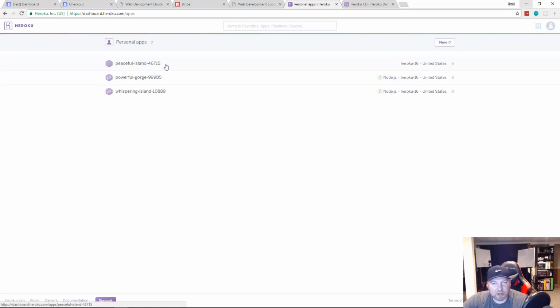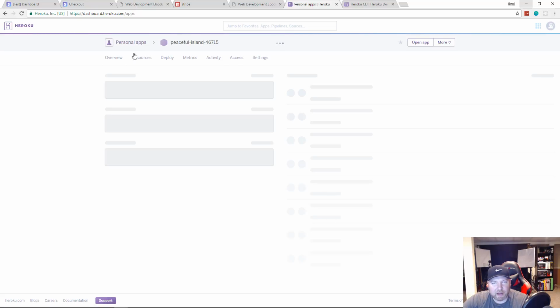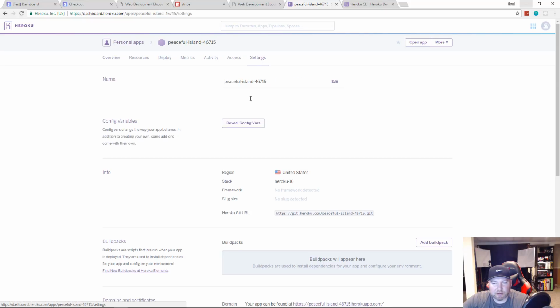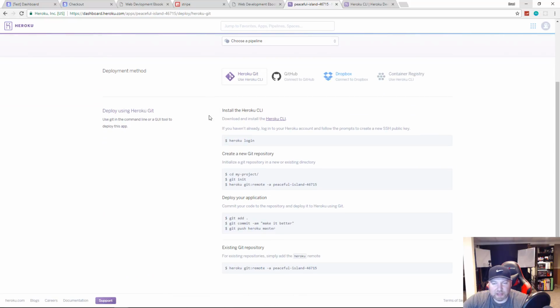This is our application. Now we still have to add this as a repository. So let's click on that and let's go to settings. I'm sorry, not settings, deploy. And down here, you'll see this command right here, heroku git:remote, and then the name of your app. So you just want to grab that,